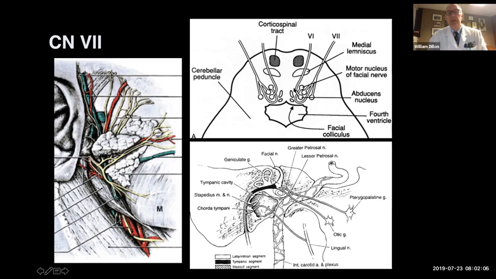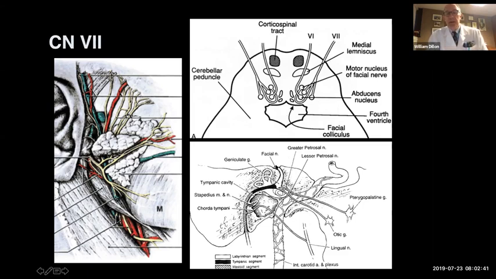It arises in the floor of the medulla and pontomedullary junction from several nuclei. Here's the motor nucleus of the facial nerve. We're looking here at a cross section. This is the fourth ventricle, and a little hump in the floor of the fourth ventricle is the facial colliculus, and it's called that because the facial nerve courses and loops around the sixth cranial nucleus and then courses out of the pontomedullary junction to course to the temporal bone,